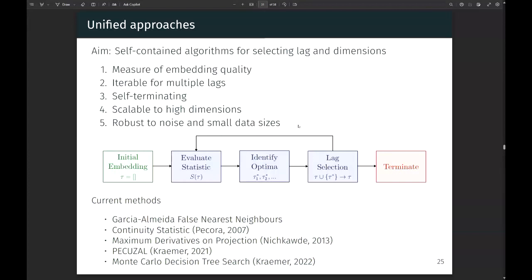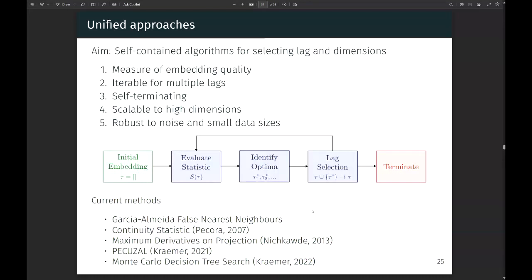Essentially, they wanted to come up with an algorithm where you feed in a time series, and it just spits out in order the significance of different time lags that you should use to construct the embedding, and automatically stops when it thinks it should stop. And how it goes is you start with some selection of lags. Initially you start with no lags. You evaluate some statistic, use that statistic to find a lag, add it to the system, repeat until you have some ending criterion, and then you terminate.